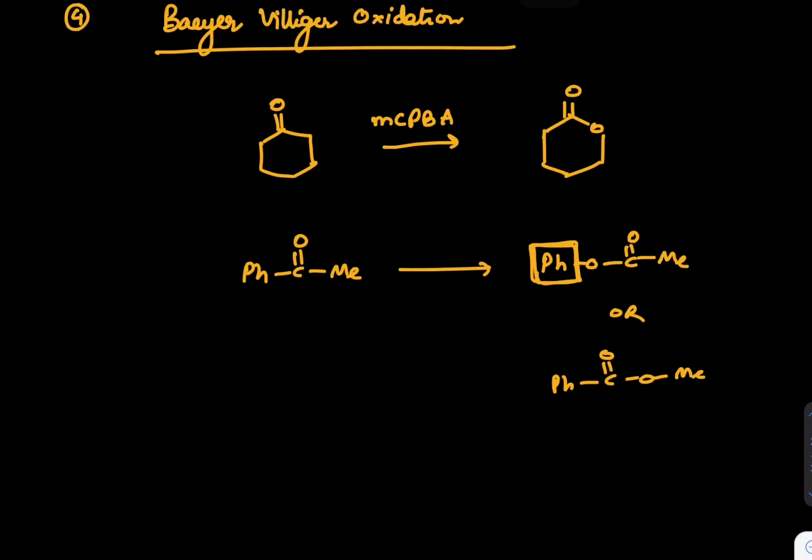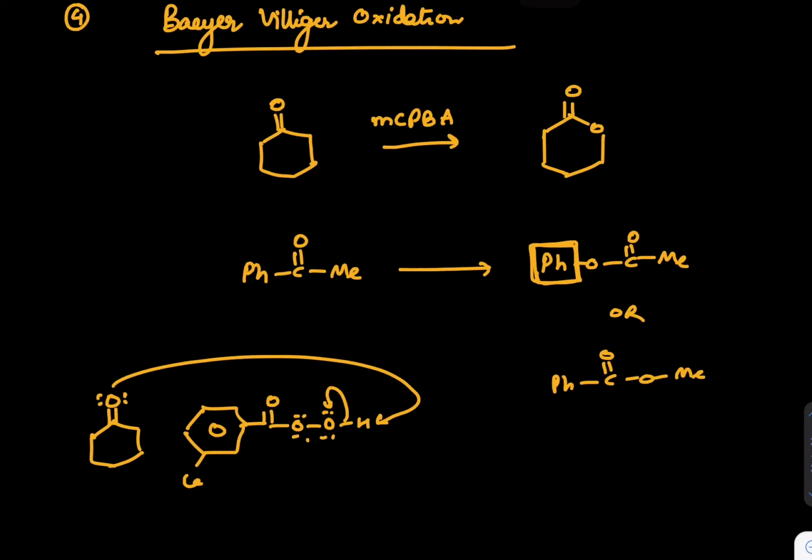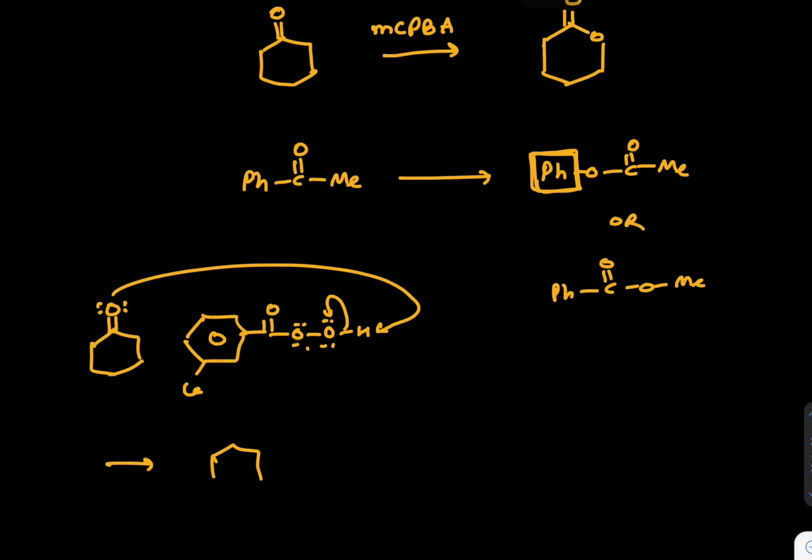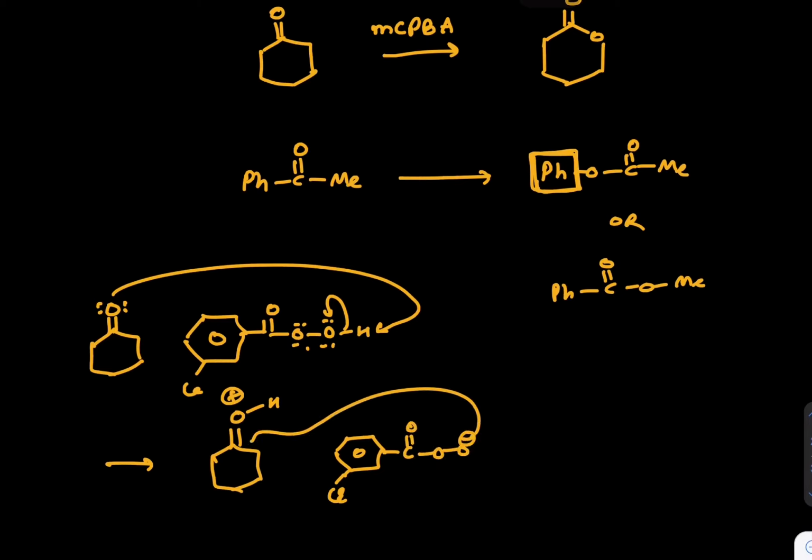So I'll just give a little hint of this reaction. Meta-chloro-per-benzoic acid, let's say we draw like this: chloro, C double bond O, O-O-H, alright. And you have been given, let's say, the structure. So in step 1, this O will pick up H, so you can draw the corresponding thing. It will be OH plus, protonation is done, and then this is the Cl part which is hanging here, along with C double bond O, O minus. This O minus can approach at this place, this will become OH. So we can draw it like this.